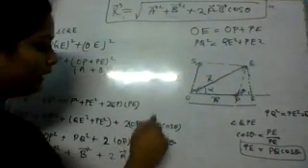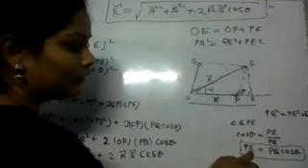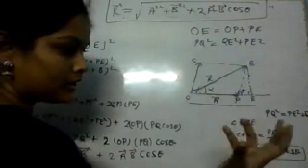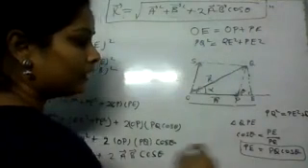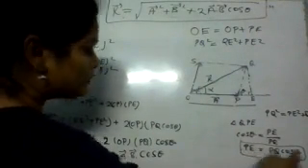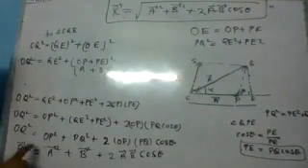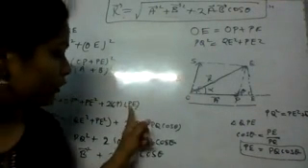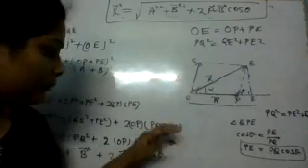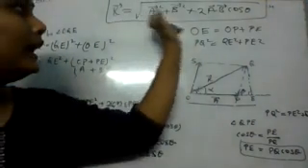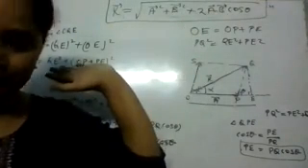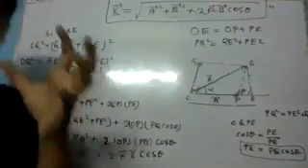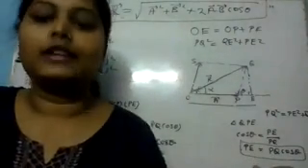Now 2 OP. Now here I just have to find out the value of PE in terms of PQ. So I just find out cos theta, that is base upon hypotenuse, PE upon PQ. So PE equals PQ cos theta. I just put it here. So you can see why I am writing the value of PE in terms of PQ, because I have to derive the formula in terms of A vector, B vector. Here we are talking about vector addition. So we have to derive the formula in terms of A vector and B vector.